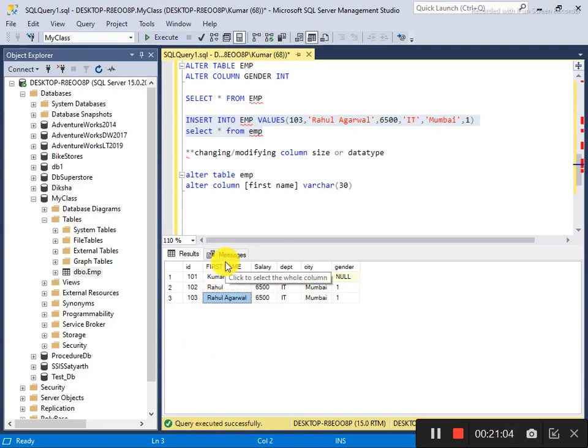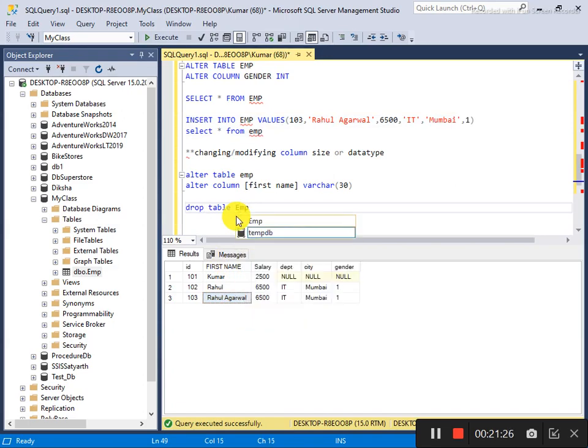So now I will see something more, like how to drop a column. So far I have seen how to add a column and modify a column data type, and now we go for dropping a column, like if we do not need any column, how will we drop it. The same way, drop table, the name of the table, which is emp, and now say drop column, the name of the column.